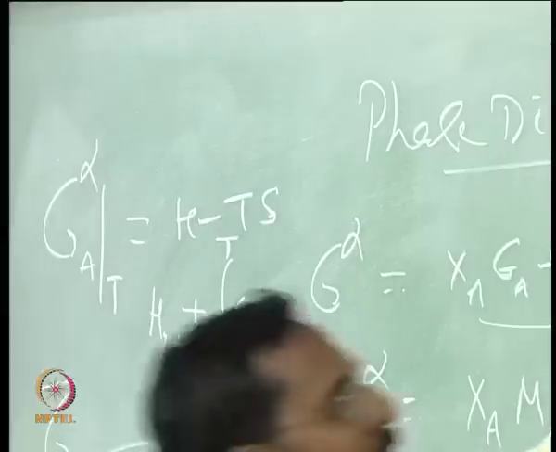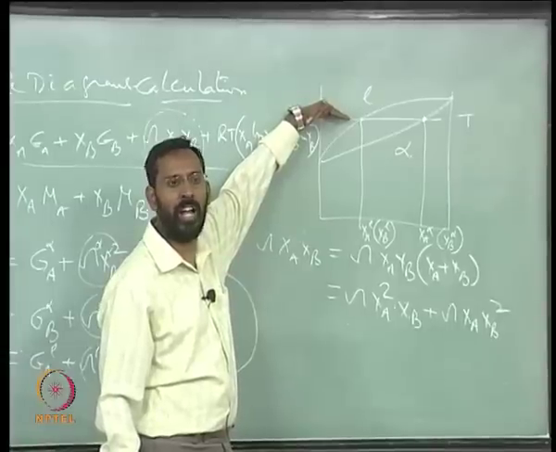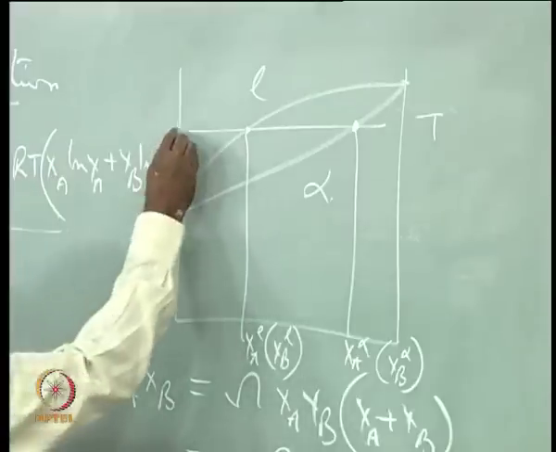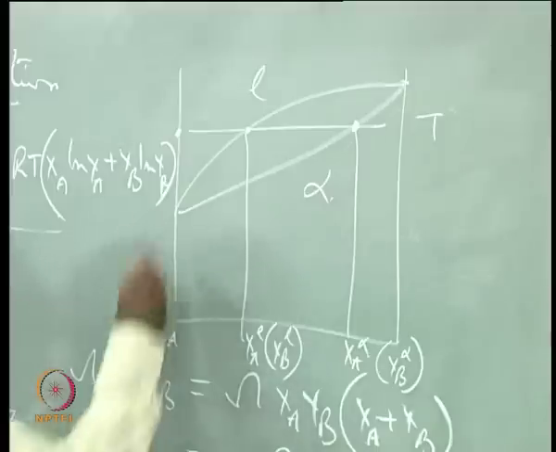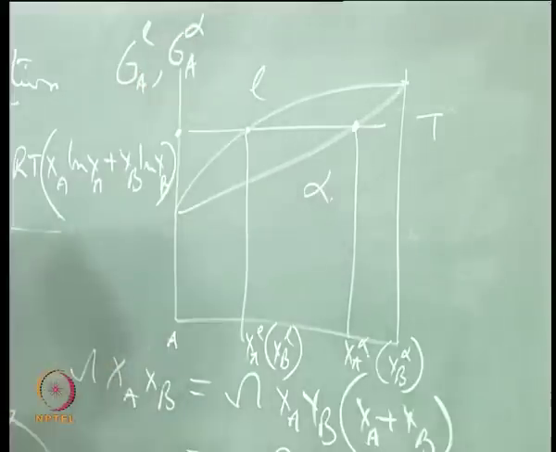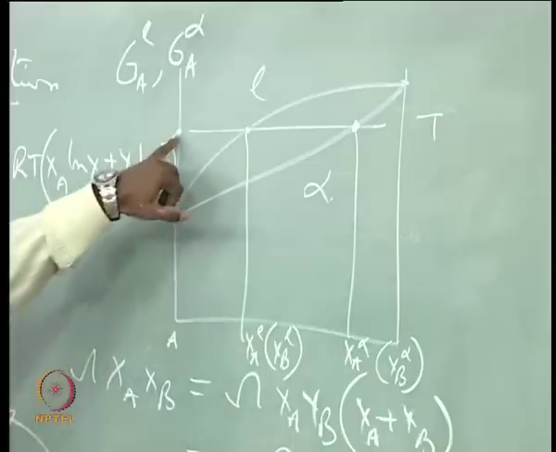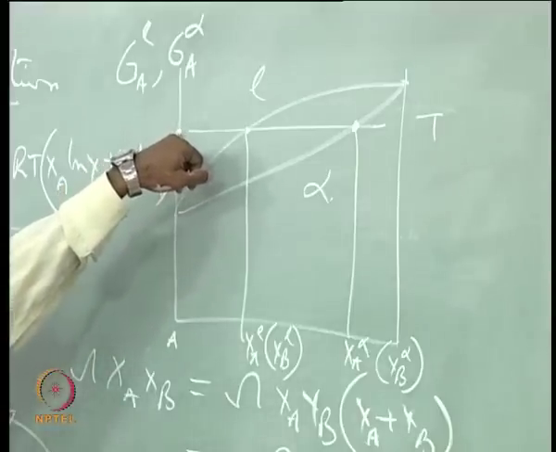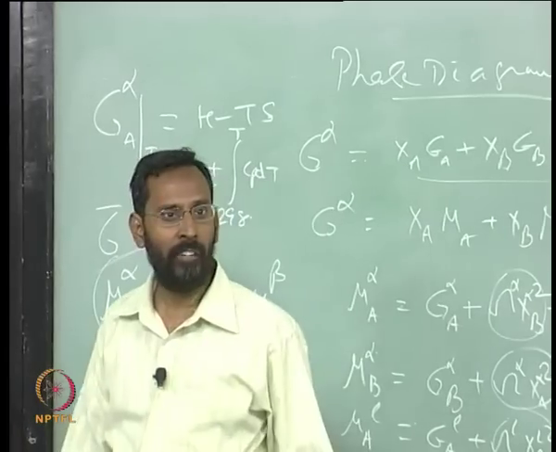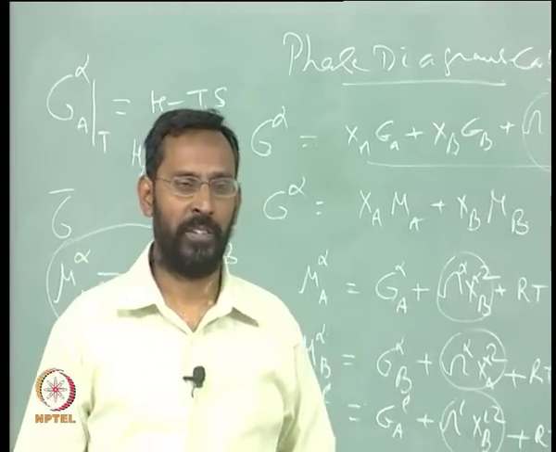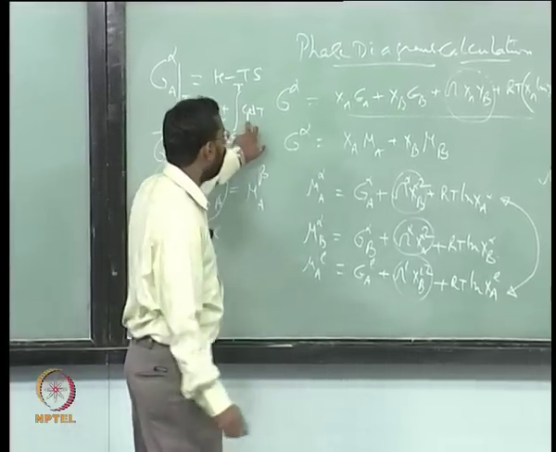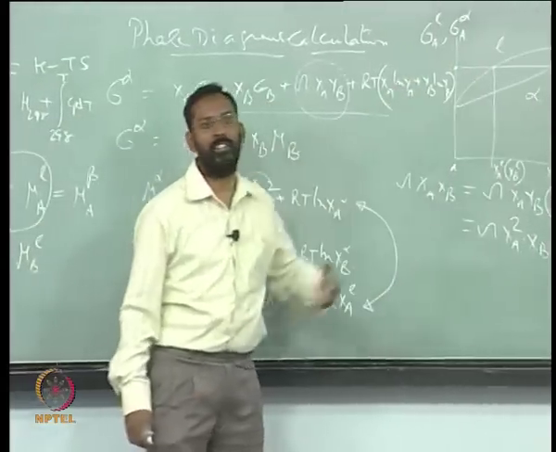Now for example, if I want to calculate GA liquid, GB liquid and GA alpha at this temperature, so GA liquid, this is A for me. At this temperature, I want to calculate GA of the liquid and GA of the alpha. At that temperature, what is stable? Only liquid is stable, alpha is not stable, and because alpha is not stable, you will not know the Cp of the alpha at that temperature. So that problem still exists for us. The heat capacity of the alpha at that temperature is still not known.